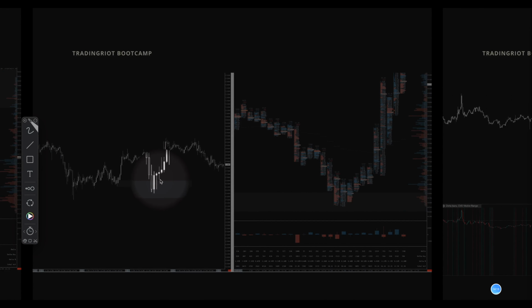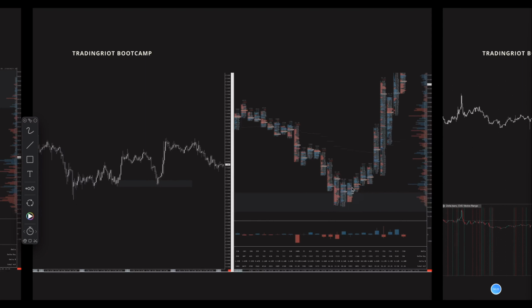If you take a look at how it looks, large wick to the upside, all the selling happening down here, the POC is also here, so this is a nice candle to then jump into the trade, and you can see how the market reacted from there. Okay,